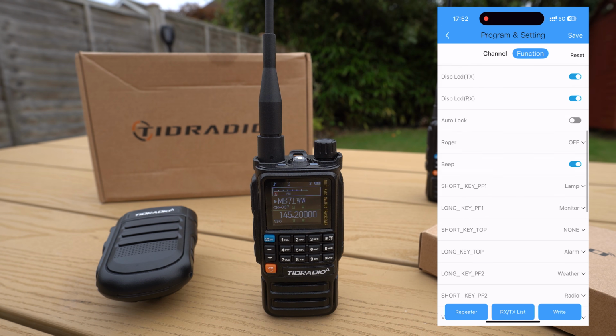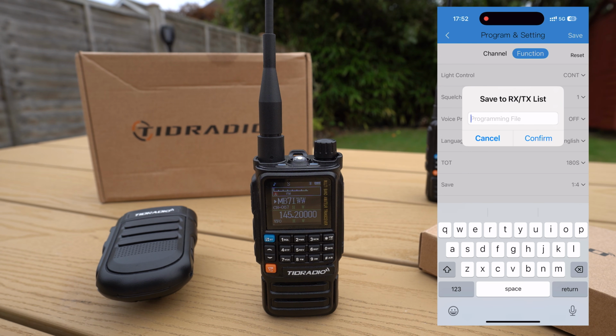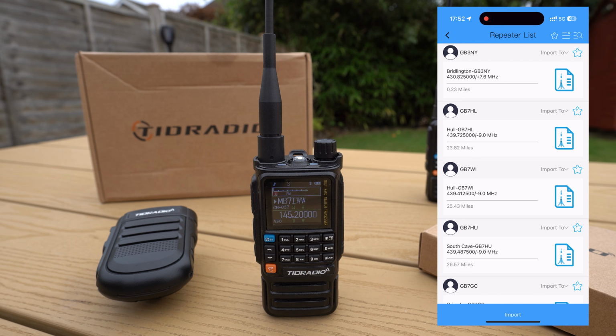So if I was to save my config of this radio now, I can click save, and you can create a save to RxTX list. And if we now type in there test 1, I can click confirm on that, and that saved it into the application. And you can also bring up this thing here that says repeater, and you can actually program memories